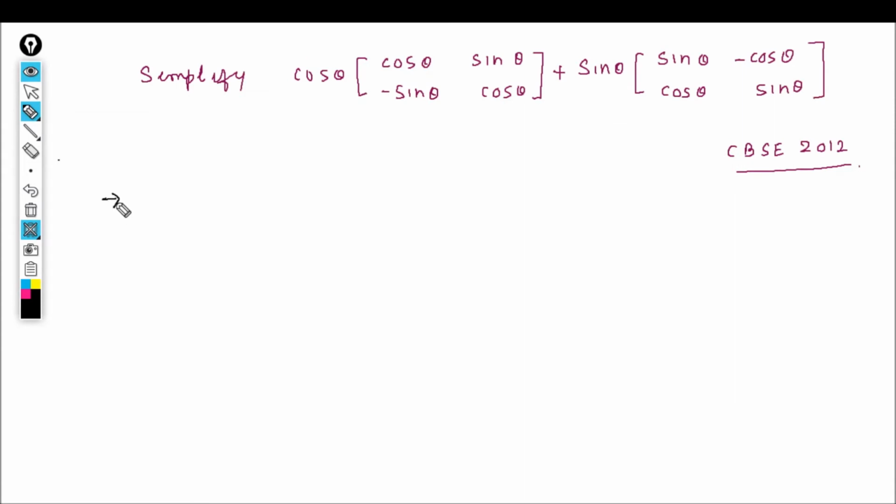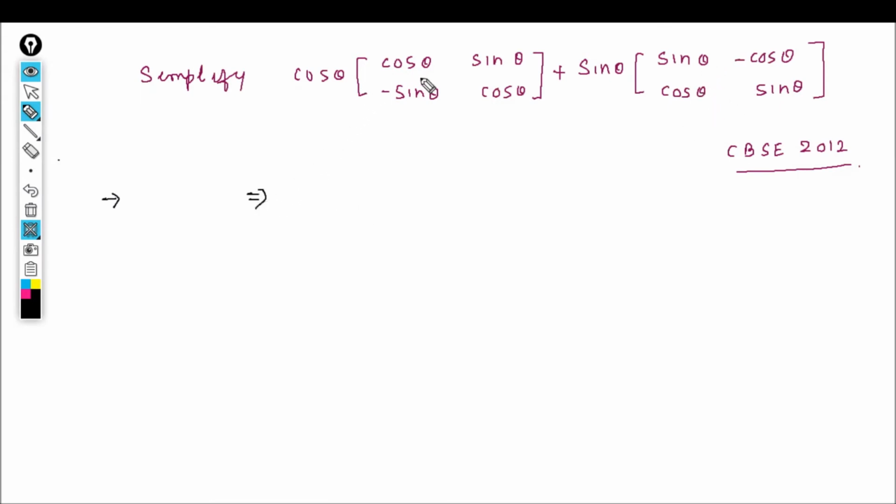So let us solve one more simple question बच्चों. Simplify cos theta. एक हम लोगों को ये मैट्रिक्स दिया है, तो यहाँ पर इसको हम लोगों को सिंप्लीफाई करना है. तो देखिए हम लोगों को इस एलिमेंट से cos थीटा से इस मैट्रिक्स को मल्टीप्लाई करना है. इसका मतलब इस एलिमेंट से इन चारों एलिमेंट्स को मल्टीप्लाई करना पड़ेगा. सिमिलरली sin थीटा से इन चारों एलिमेंट्स को मल्टीप्लाई करना.